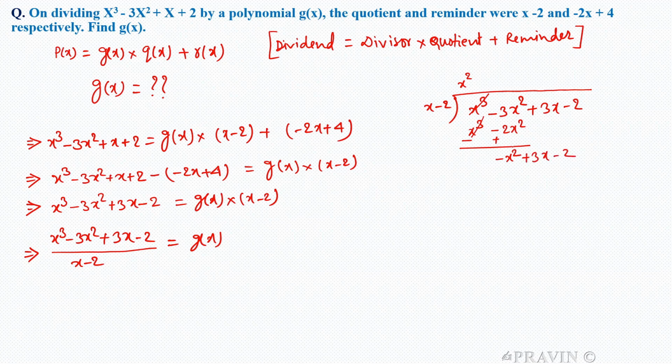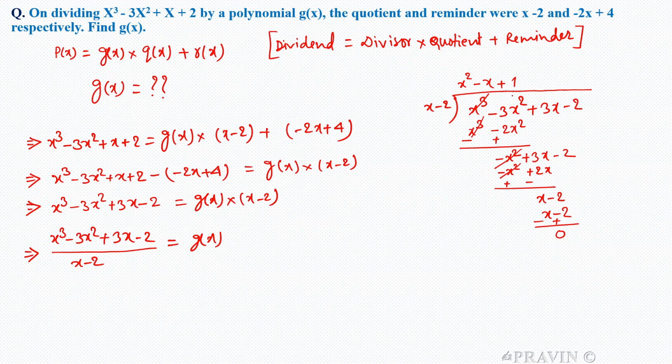This time you have to eliminate this first term, that is minus x square. For that you need to divide it by minus x, and here you will get minus x square plus 2x. This will cancel out, just change the sign, and here you will get x minus 2. Divide it by 1, you will get x minus 2, change the sign, plus minus, you will get here 0.